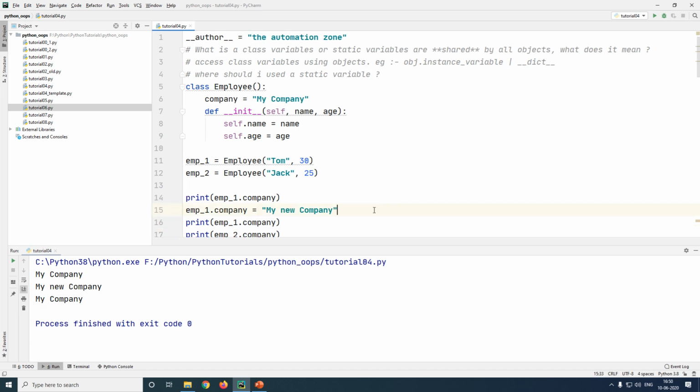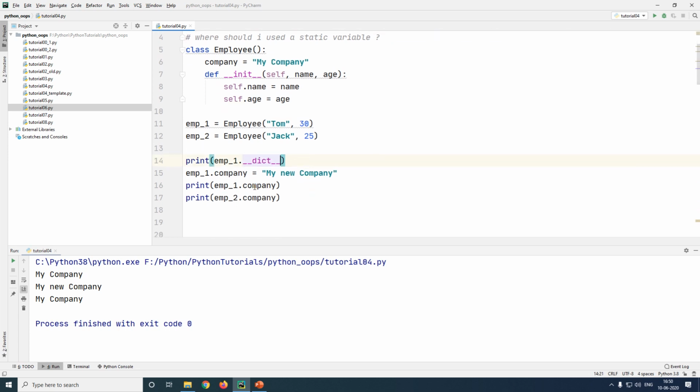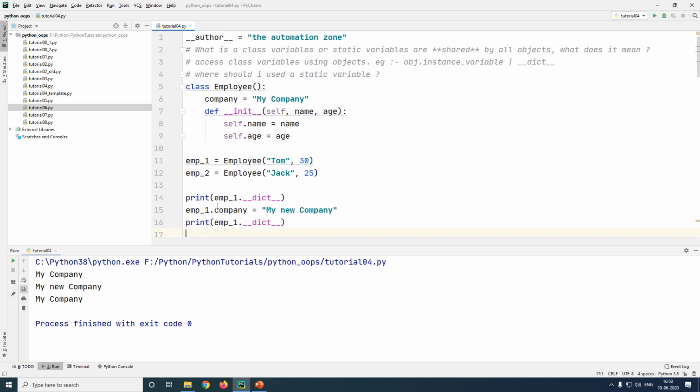So what do I mean by creating a new variable inside of my object? To understand this, we'll use a new attribute called __dict__. __dict__ will return for us all the variables and all the methods for that specific object. So I'll go ahead and print employee1.__dict__ and employee1.__dict__ again, but after I've created the instance variable. So let's see what happens, or what variables are changed, when I create an instance variable.